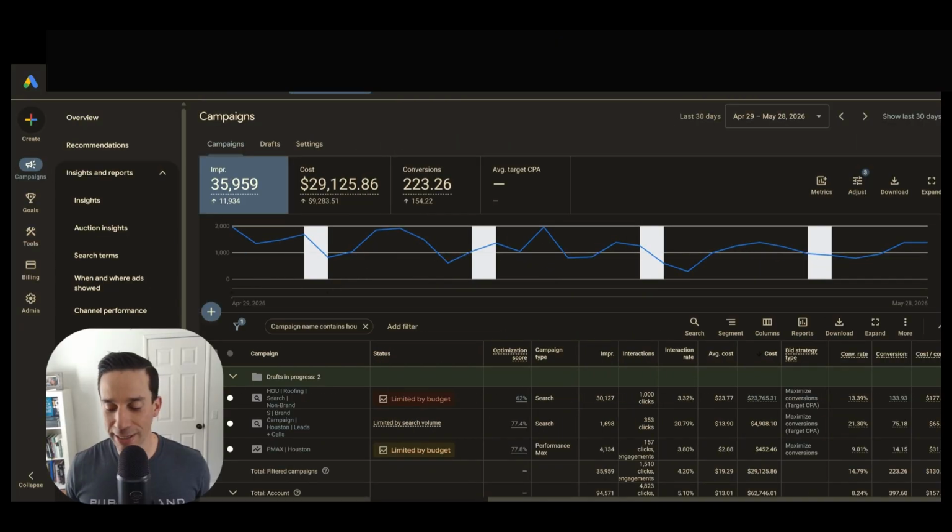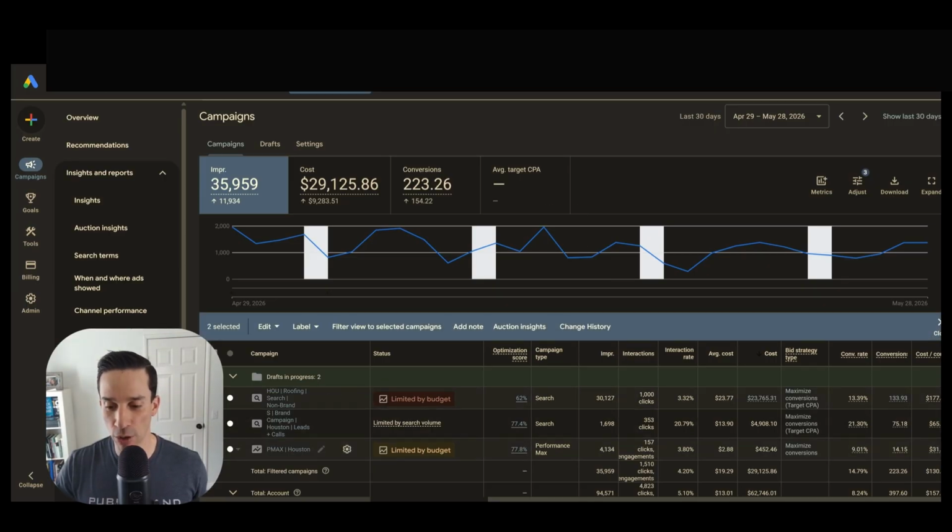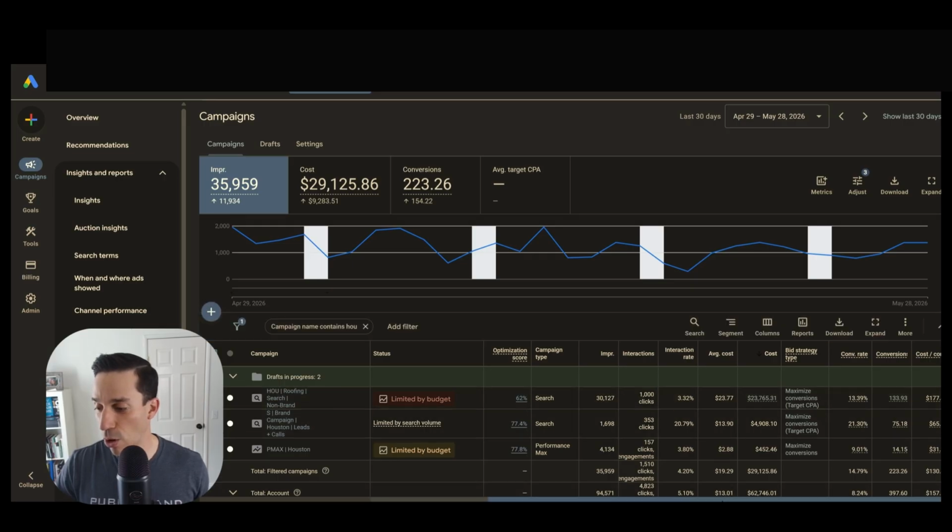All right, so here we are looking inside of a lead generation account for a roofing company. And the two campaigns we want to be paying attention to are these two right here. This is a brand campaign, so it's not an apples to apples comparison. Neither is a search campaign to a Performance Max campaign for that matter. However, comparing a standard search to a standard PMax campaign is a closer comparison than anything comparing to a brand campaign. So if we go all the way over to the right here and look at the conversions, we can see that the cost per conversion for the standard search campaign is $177 over the last 7 days,